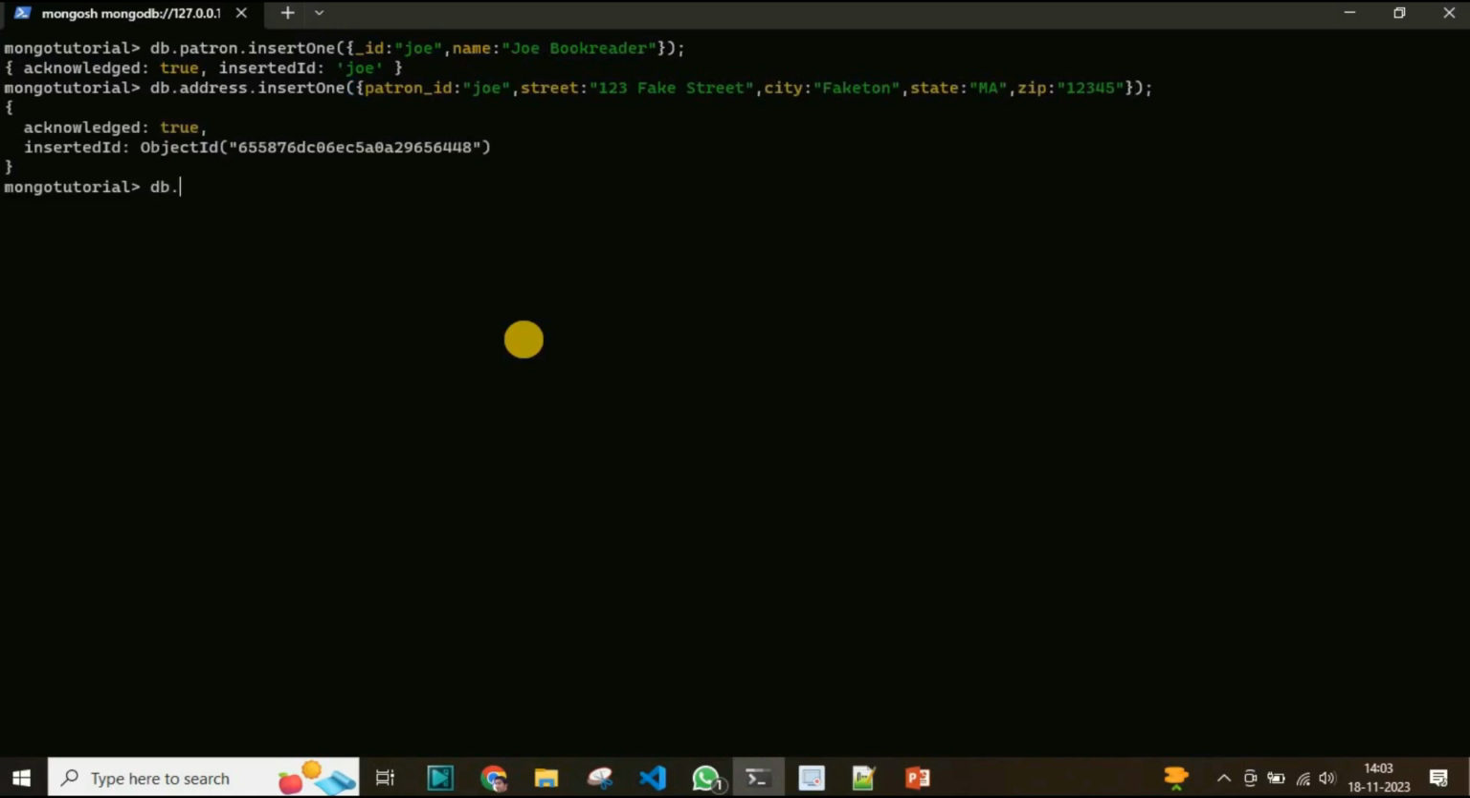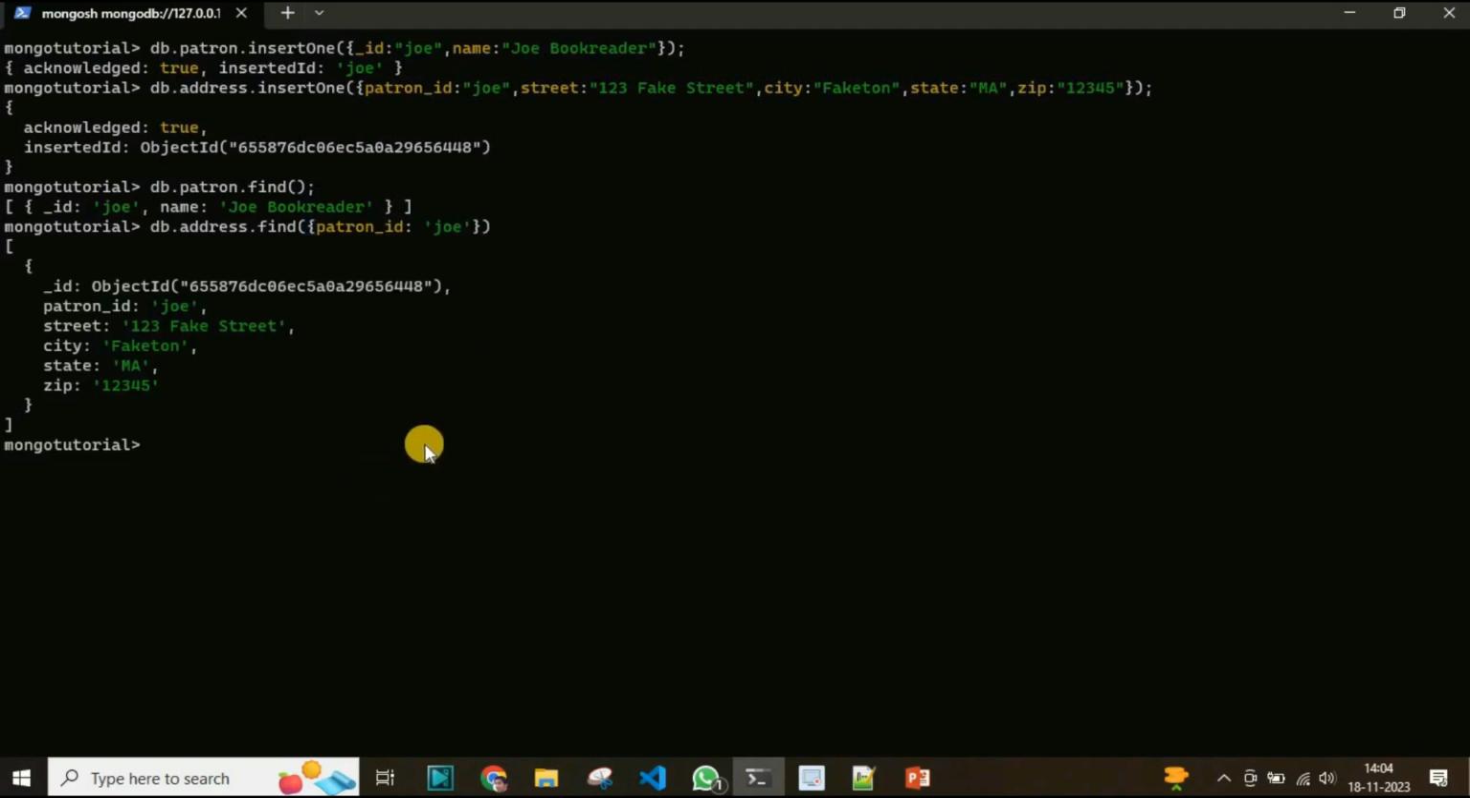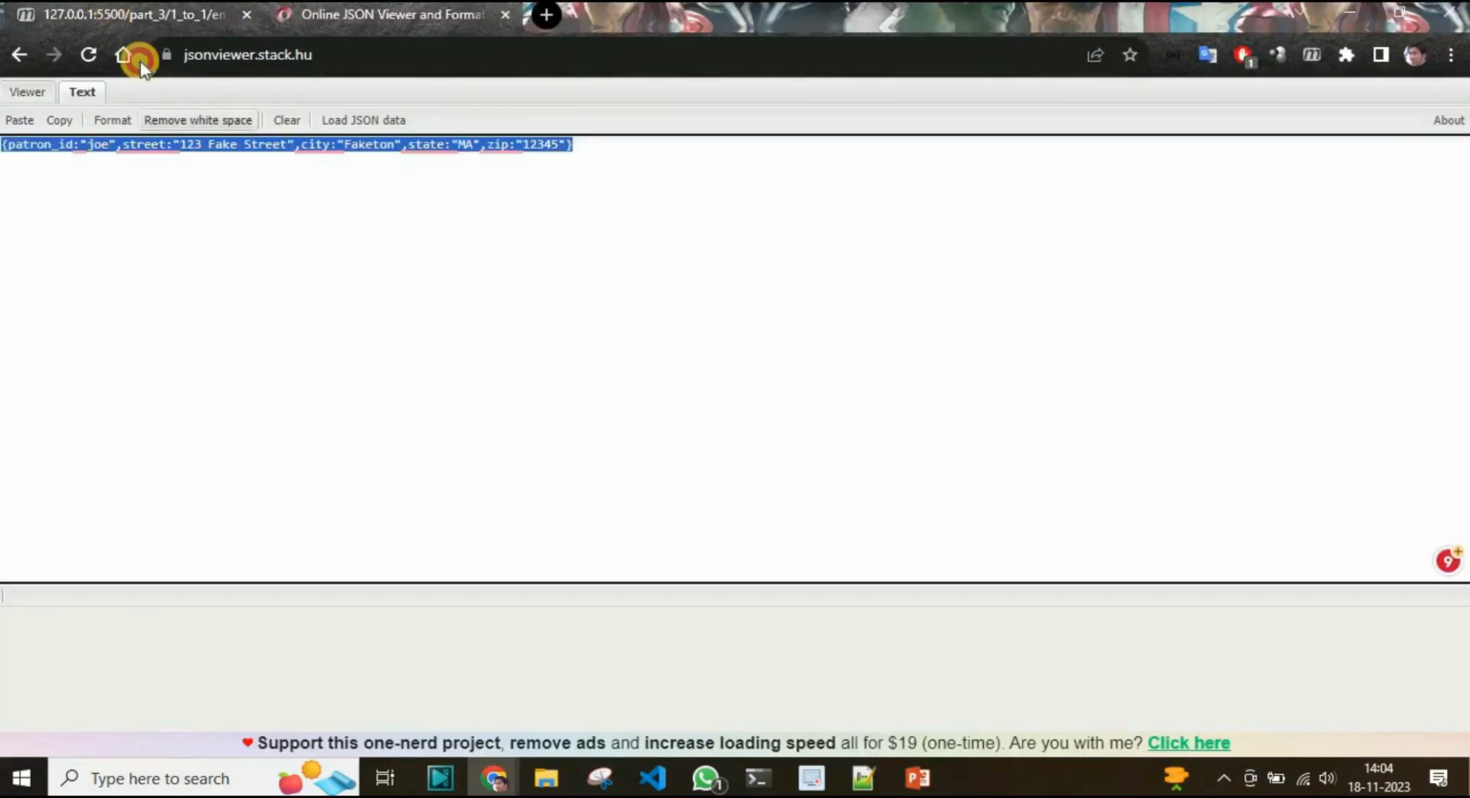Now if I want to get the patron, I will use the find method. But I also need the address, so I have to do one more query. And I want to pass the filter here. I already have the ID of the patron. So here I have to do multiple queries. But if I go to this embedded pattern,